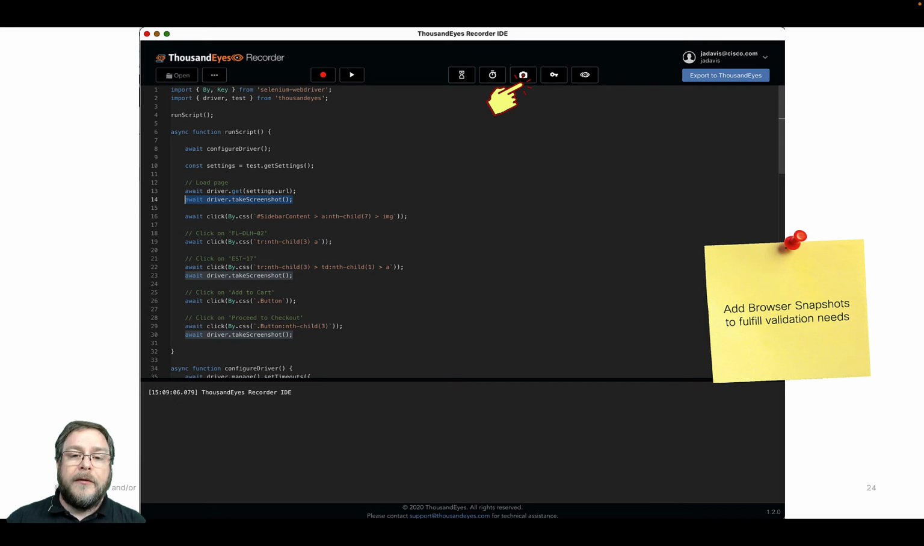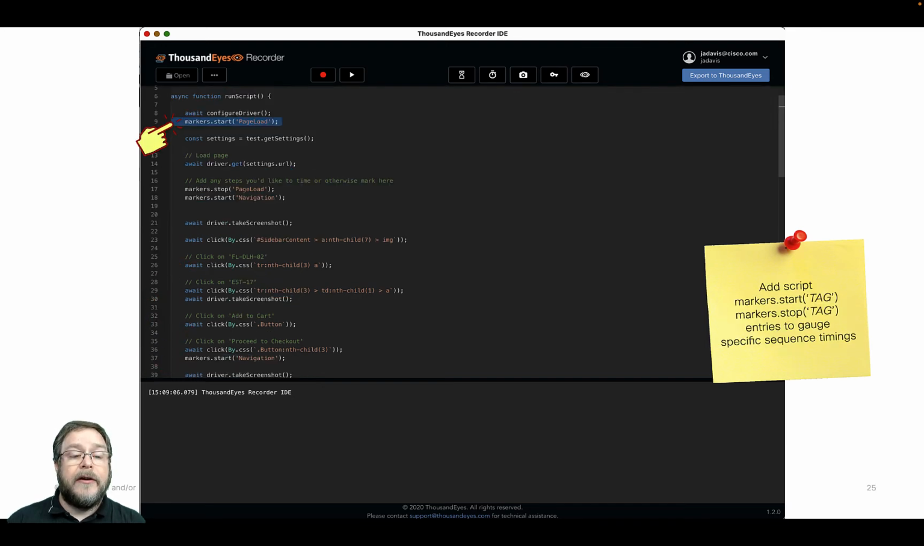So we can click the little camera icon, and it will insert wherever your cursor is this await driver take snapshot function. And then we can go ahead and copy or add that to other lines at different places in the workflow as we desire. Okay, so we're going to do 3 screen snapshots here. And then the next thing you may want to do is add specific sequence timings by adding these